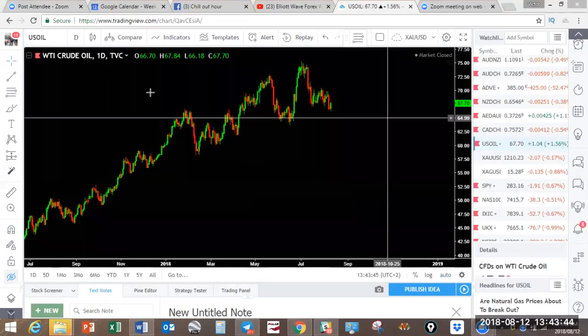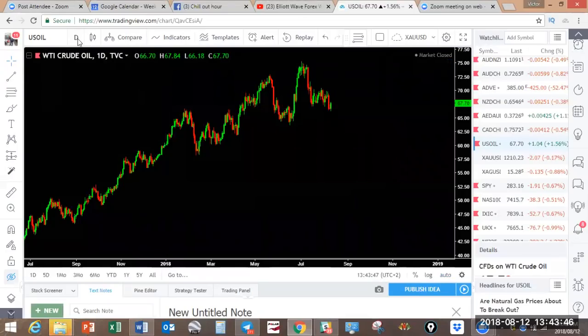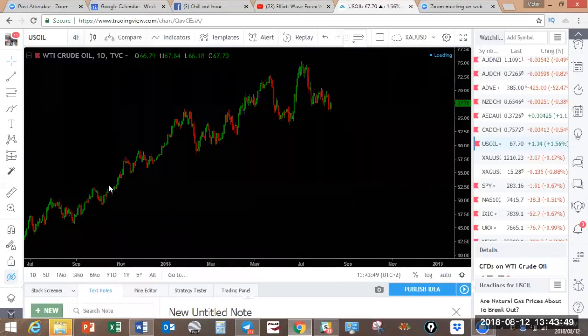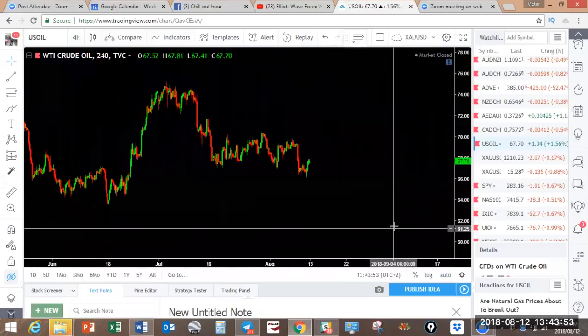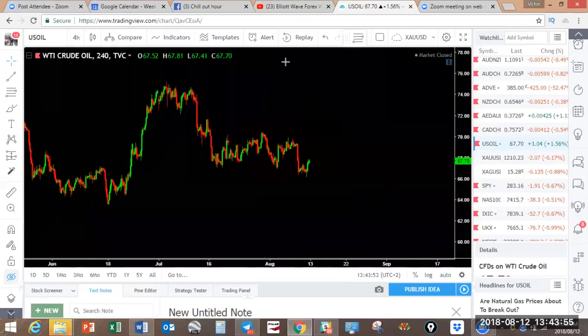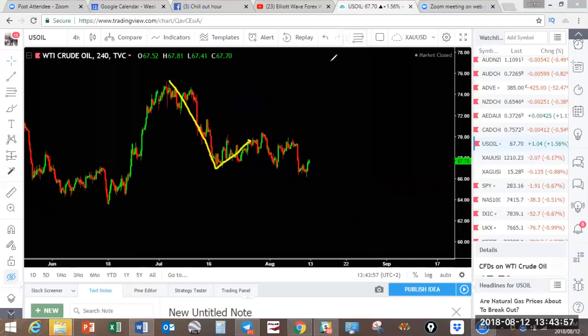So what are we looking at in the next coming trading session? Let's look in the 4-hour on oil. Let's have a look here. You had a pulsing move here, you had a corrective structure here. Let's look at this corrective structure. 1, 2, 3, 4, 5 down. 1, 2, 3 correction. 1, 2, 3. And now it has made this 1,